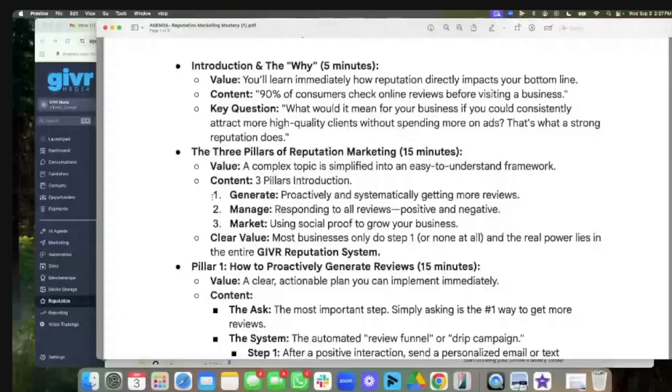They convert right away. Price is never an object. They respect and appreciate your differentiation. They expect an outstanding outcome. They expect you to serve them better than most. There's relationship ingrained in the introduction. It's awesome. So if 9 out of 10 customers, clients, and patients are going online to learn about your business